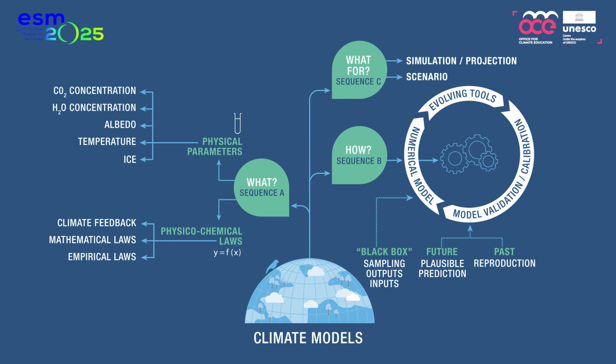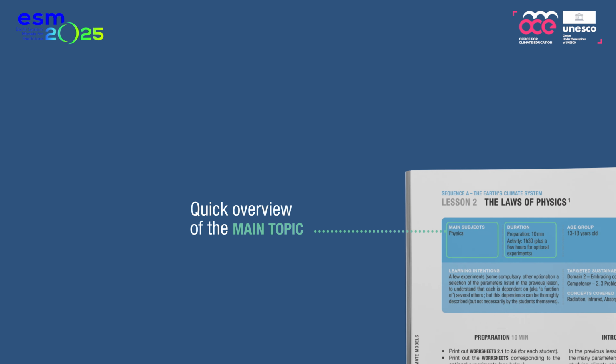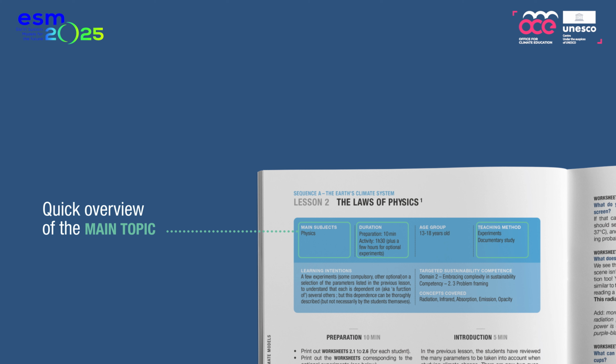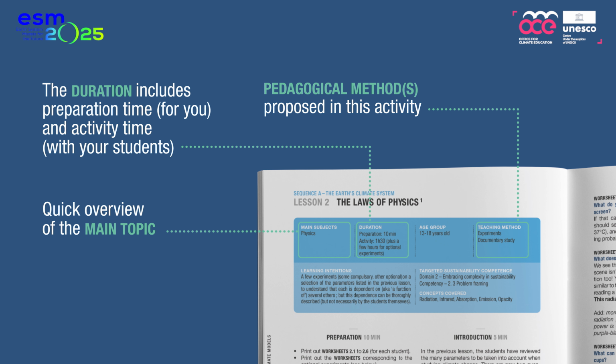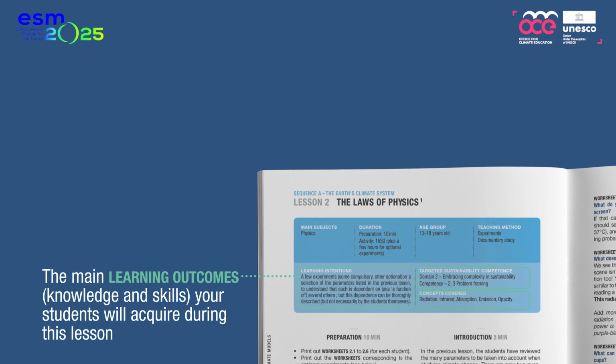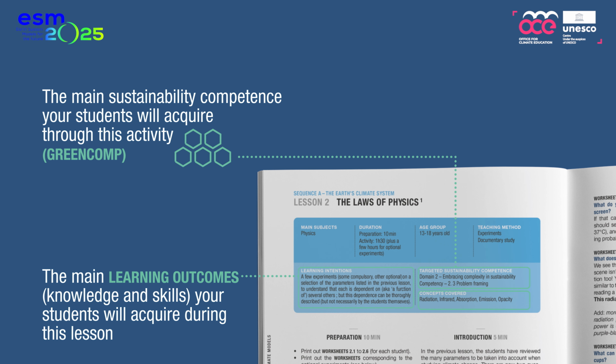At the same time, they're designed to be flexible so that you can choose the ones that are most relevant to your class. You'll discover 9 ready-to-use lessons, each with detailed guidance for teachers. Every lesson is clearly structured and includes a brief overview of the disciplines and themes covered, the estimated duration of the activity and preparation time, the pedagogical approaches used, key learning objectives, the main sustainability competences targeted, and the scientific